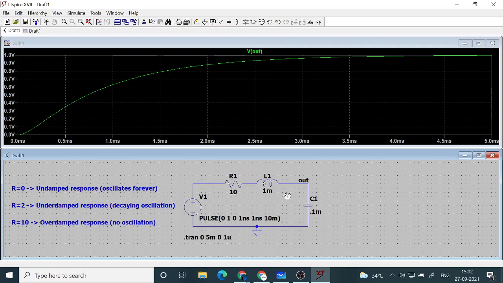So where did it get the energy? It got the energy from the pulse input. So there was a sudden change from 0 to 1 volt. That change actually pumped some energy into the network. That energy is basically oscillating between inductor and capacitor. It is something like two people playing a ball passing game. You throw it to the other person, they catch it. After some time you throw it back, and then this person catches it, and this will continue on forever, because nowhere is that received energy dissipated.